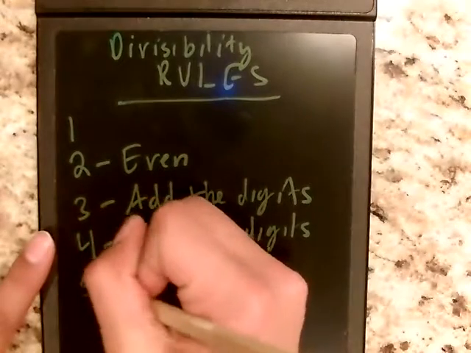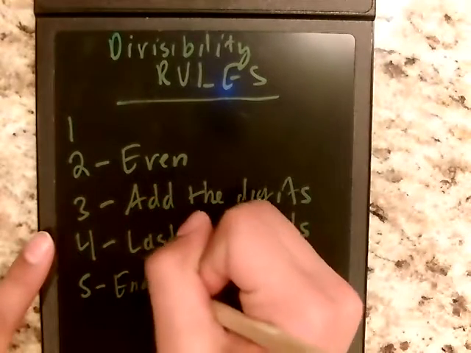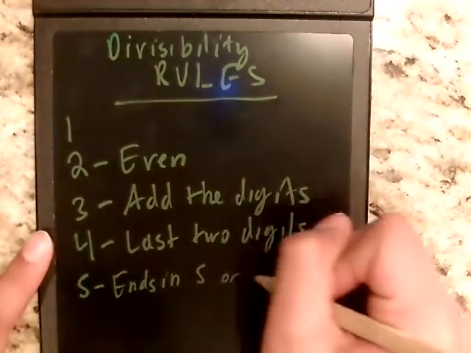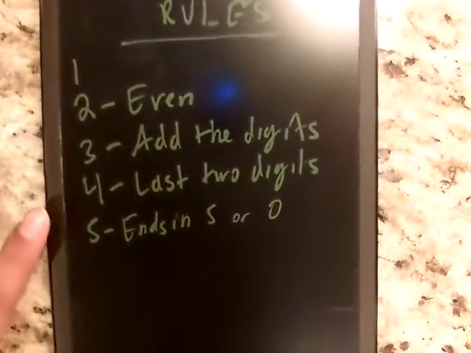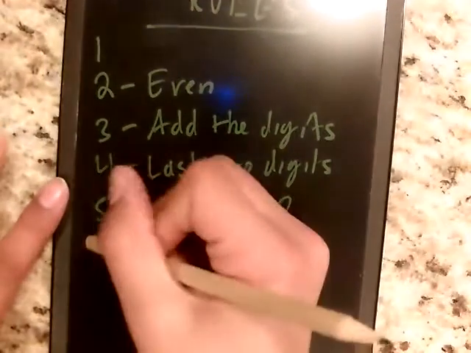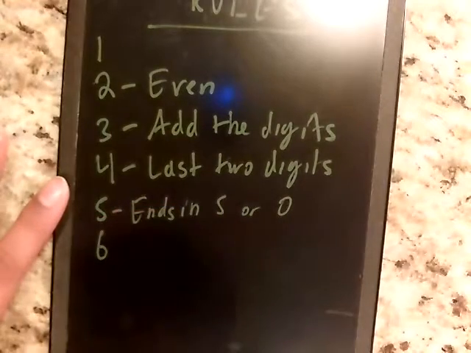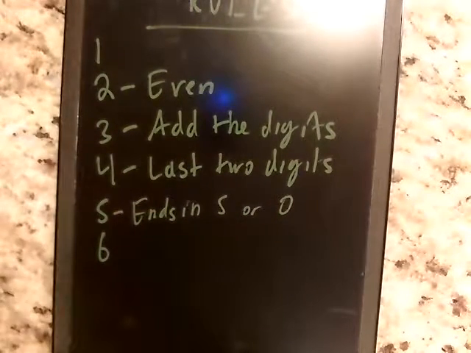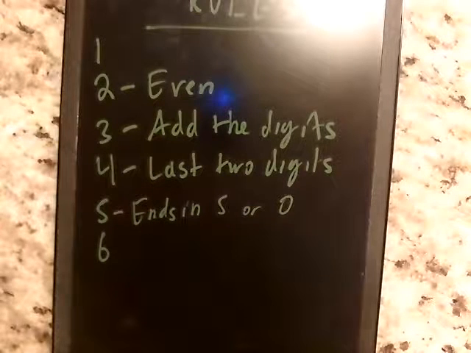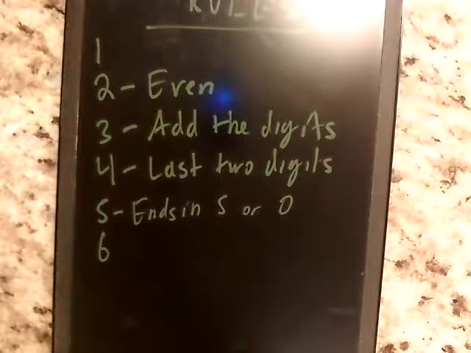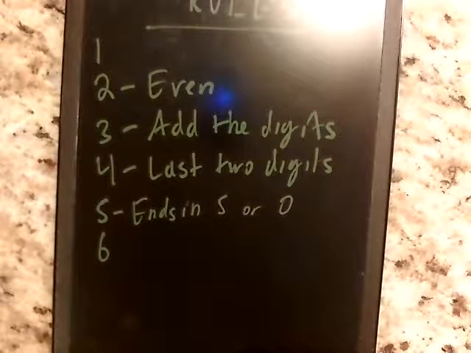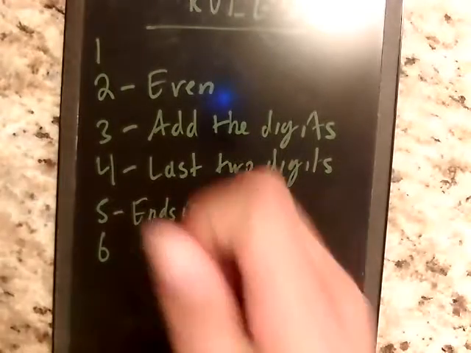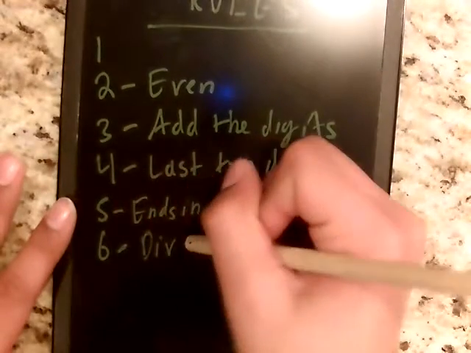And 5 ends in 5 or 0. This one's easy. Pretty much everyone knows that one. And then 6. There's no proper way to do it, except the easiest way is basically just to check if it's even and if the digit sum is divisible by 3, which is basically a combination of the divisibility rules from 2 and 3. So if it's divisible by 2 and 3,